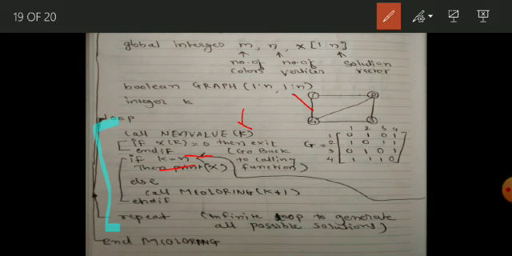So one by one we assign color to each vertex, and ultimately we reach the 4th or last vertex. So if all the vertices have been assigned a valid color, then k will hold value 4 and n is also 4. So 4 is equal to 4, that indicates all the vertices have been colored without violating the constraint, and in that scenario you can print the solution, that is solution vector x.